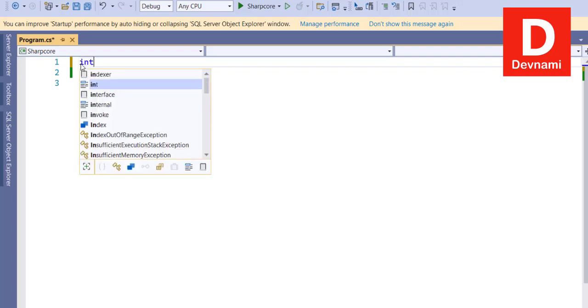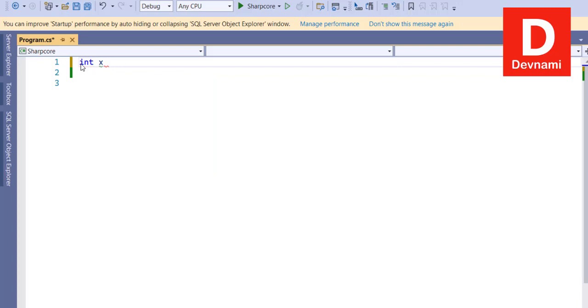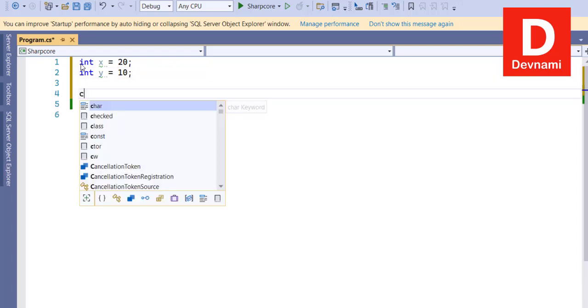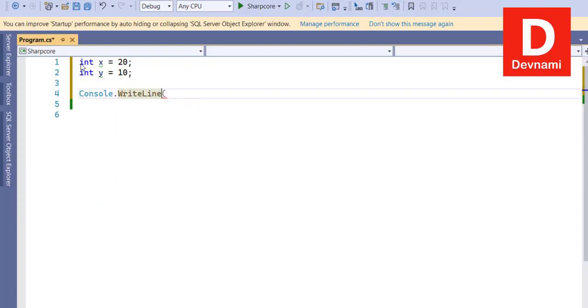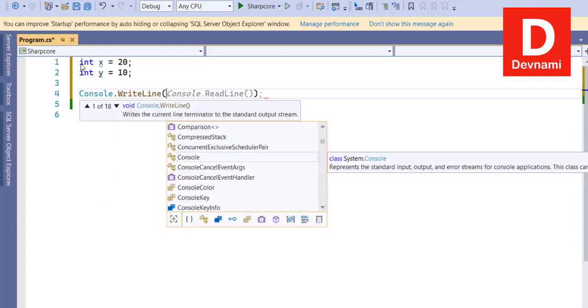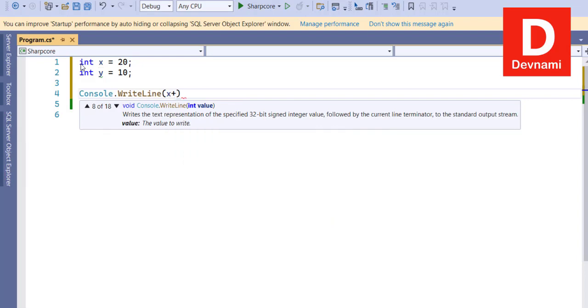So let's say I have the value of x set to 20, integer y set to say 10, and if I write console write line, and within that I choose x plus y,